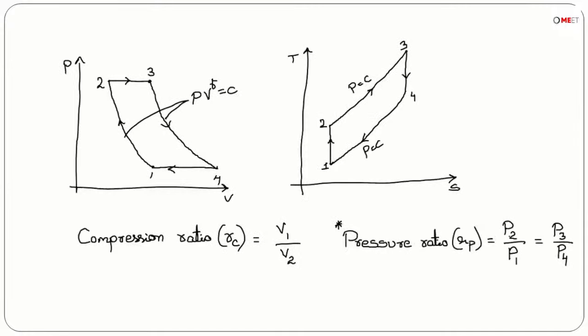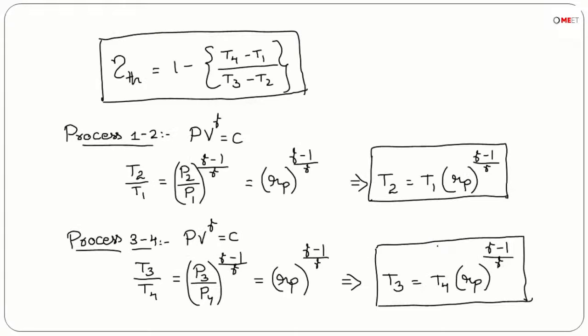See, P2 by P1 or P3 by P4, both are equal to the pressure ratio. That is the reason we have written like this in this particular case. Now therefore the thermal efficiency will be equal to 1 minus, you can write T4 minus T1 by T3, which can be written as T4 into